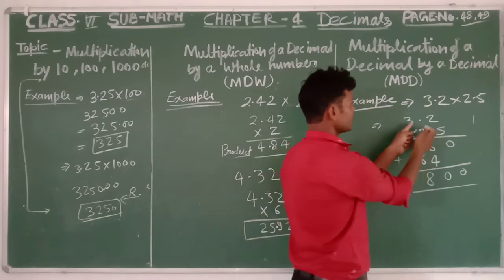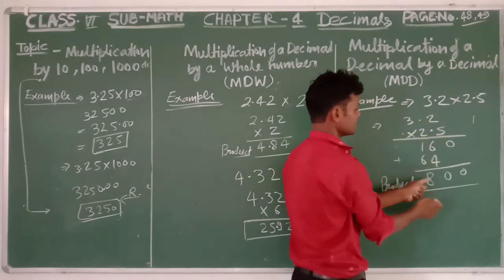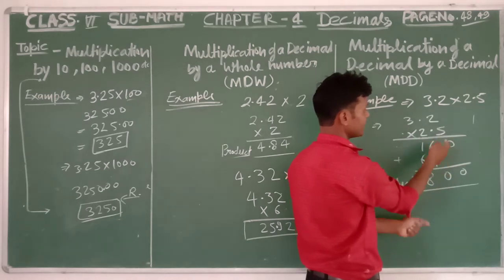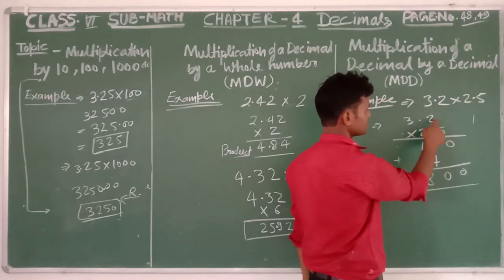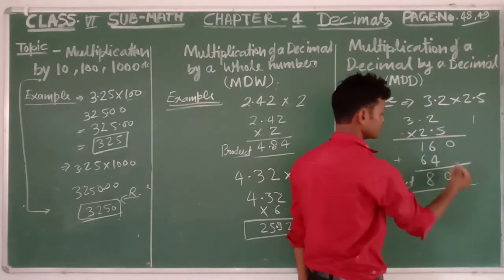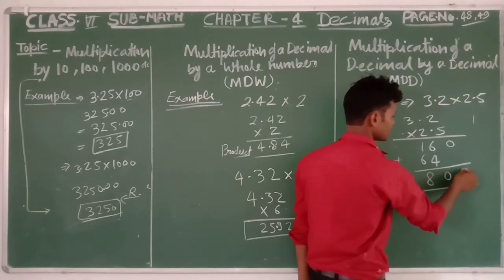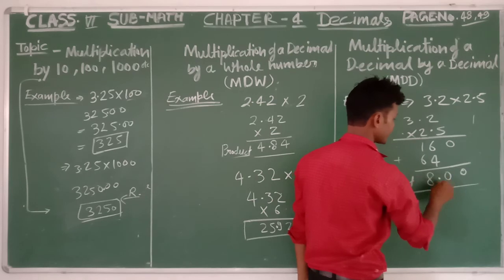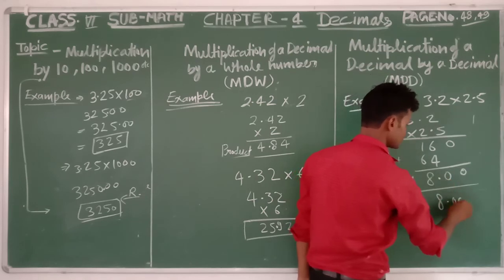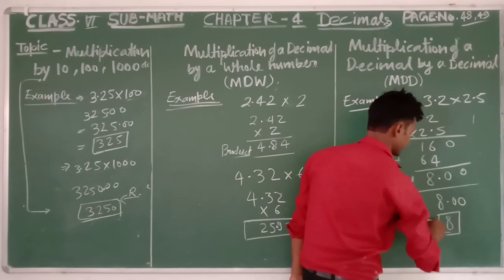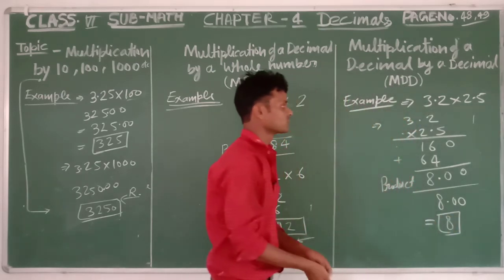First you multiply, forget your decimal, you get a product. Then your last work, you count the decimal places, 1 and 2. Decimal place 1 in this number and 1 in this number. How many? 2 places. You mark the decimal in the product from the right side, 1 2. You got 8.00. You can say 8 directly. Okay, I hope you can understand.